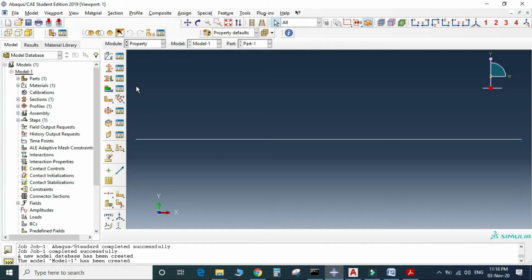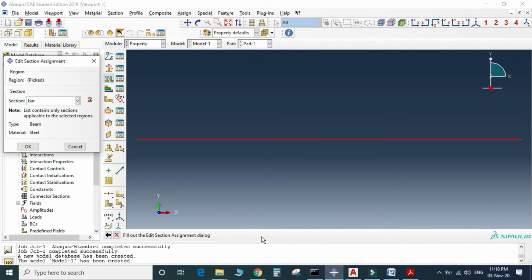Now assign the section for the given element. Click the assign section icon. Now select the regions, so Control A, done. Default bar element, OK.